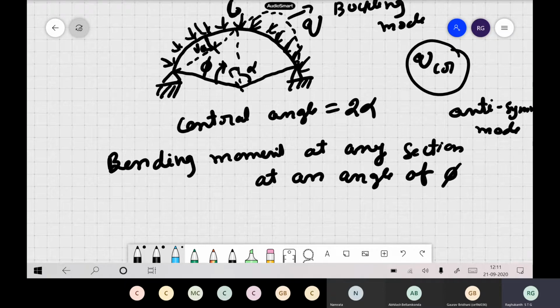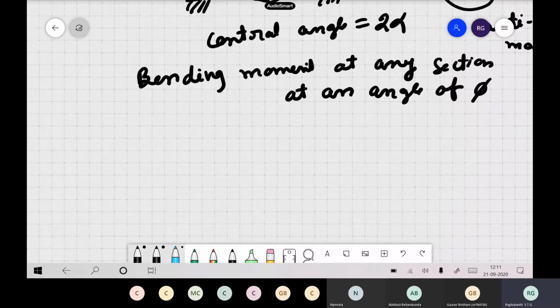See, in an arch, although the load is radial, how the arch resists, you would have studied in analysis. Arch action you would have studied, right? So what type of forces will be there in the arch, whatever may be the load? You all know that only axial forces will be acting.